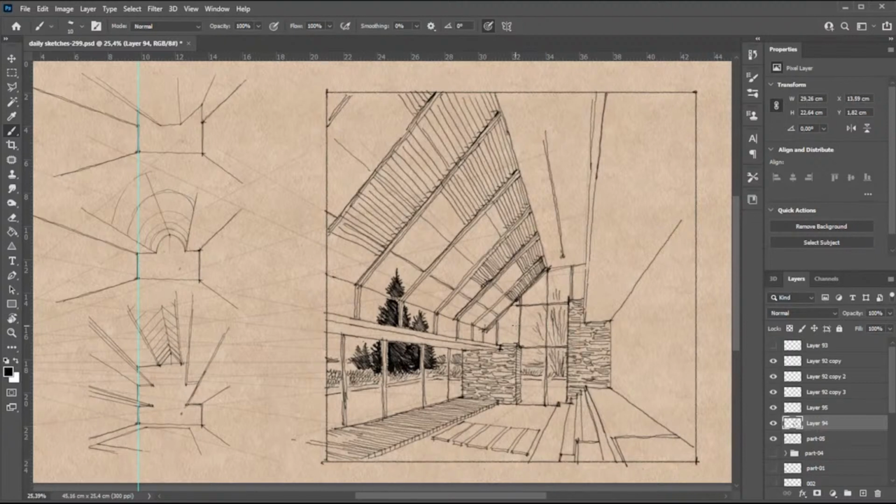I can have one more here. Let me teach this right now in another layer. What I'm doing here, it's a rectangle like this. I'm filling with black,